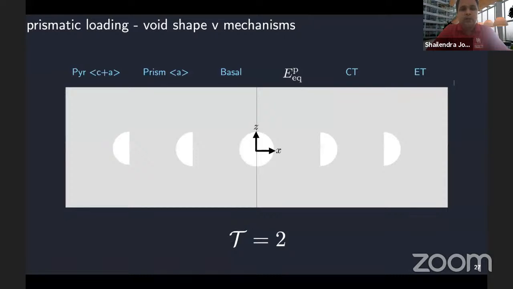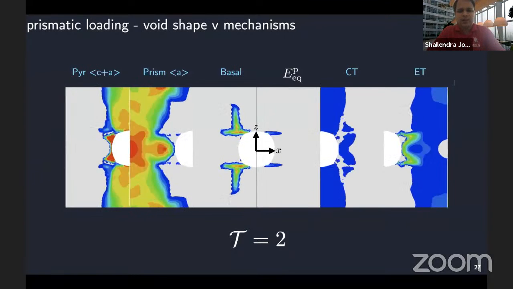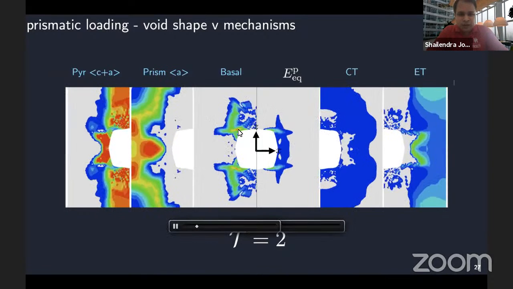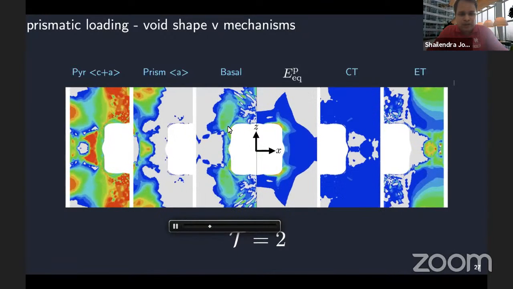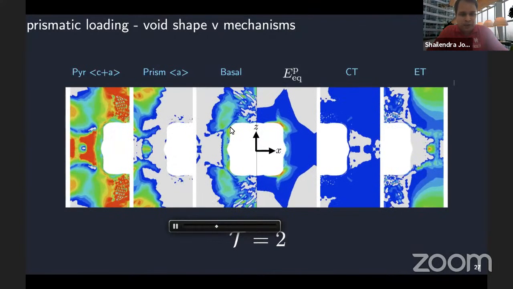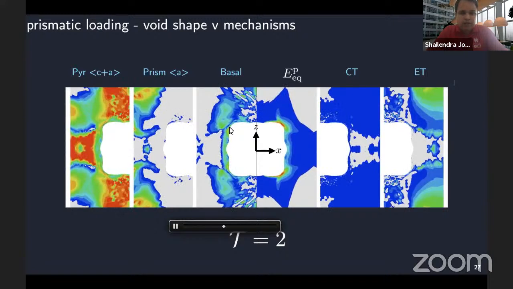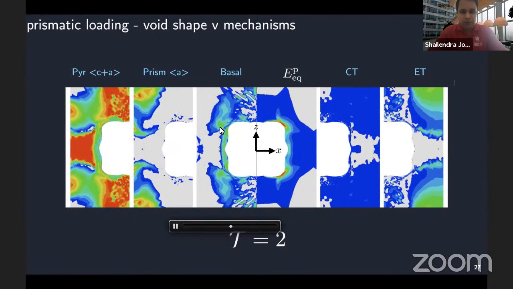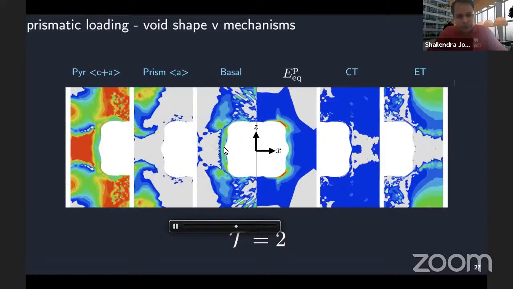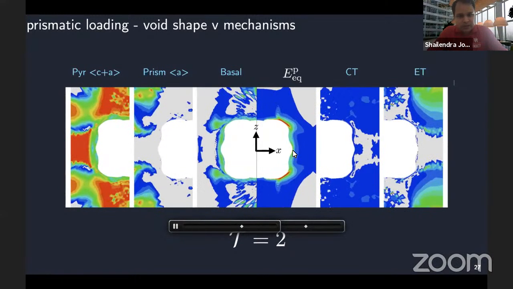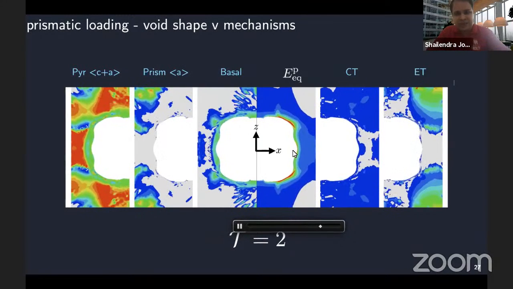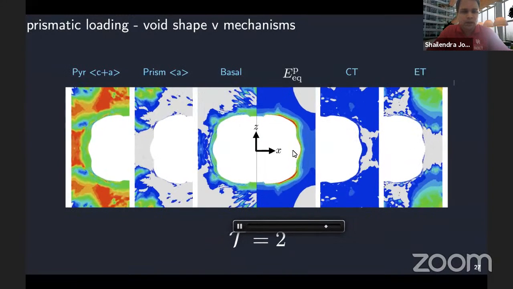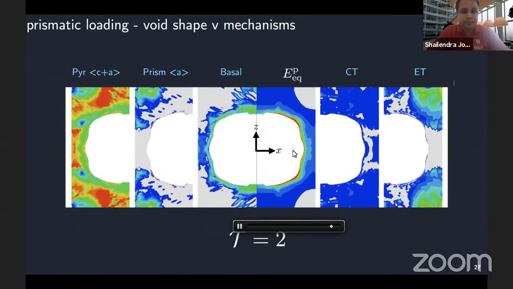If we take a look at what happens at a higher triaxiality level for the same loading, you see something similar, but now you start seeing localizations in the context of basal slip. You start seeing that the initial localization of basal slip in the void kind of dictated the shape of the void. The shape of the void, which started off being spherical, has now grown into something like a cube. And you start seeing these bulbs that come out of the void, which is indicative of the strong strain localization that is dominating the shape of the void.